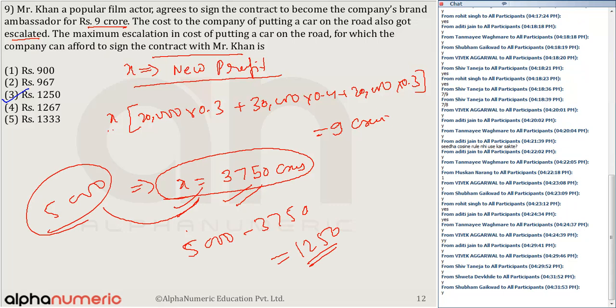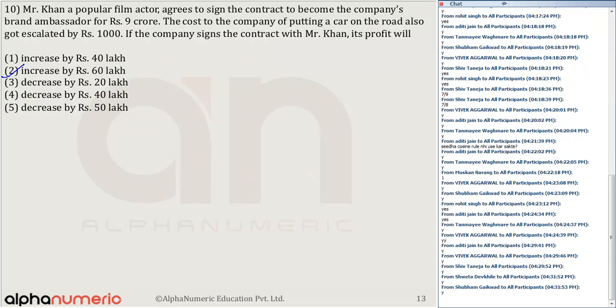Okay, let's move to the next question, question number 10. Mr. Khan, a popular film actor, agrees to sign the contract to become the company's brand ambassador for rupees 9 crores. Okay? The cost to the company of putting a car on the road also gets escalated by 1,000. Okay? Now the cost has also increased by 1,000, so the profit will be rupees 4,000 per unit. So 4,000 into, okay, I can say